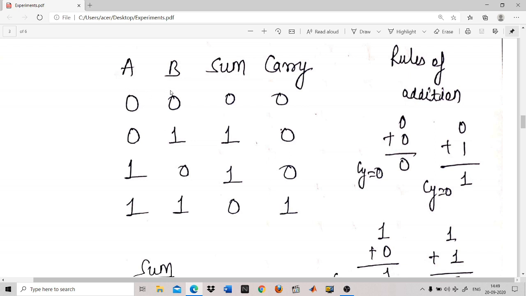So here only two variables are there, so you have to use only the two variable K map. And in the two variable K map, four squares are there. In the three variable K map, there will be 8 squares. In the four variable K map, there will be 16 squares. In the 5 variable K map, there will be 32 squares. But now we have to deal with only the two variable K map.